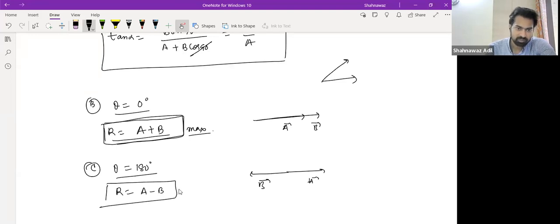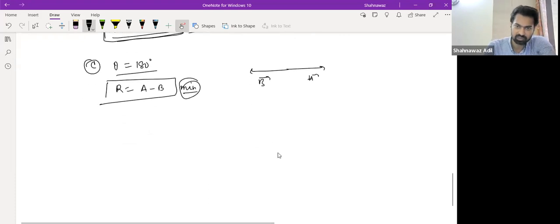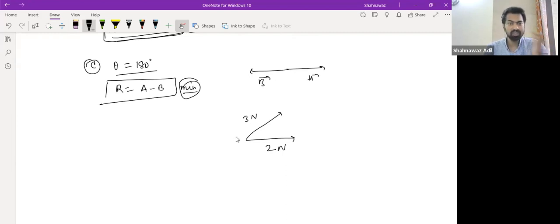Right, yes, sir. Is this maximum or minimum? Maximum is A plus B, and A minus B is the minimum, right? So just remember that whenever we have two vectors, let's say 2 Newton and 3 Newton, and somebody asks what would be the resultant of these two vectors,